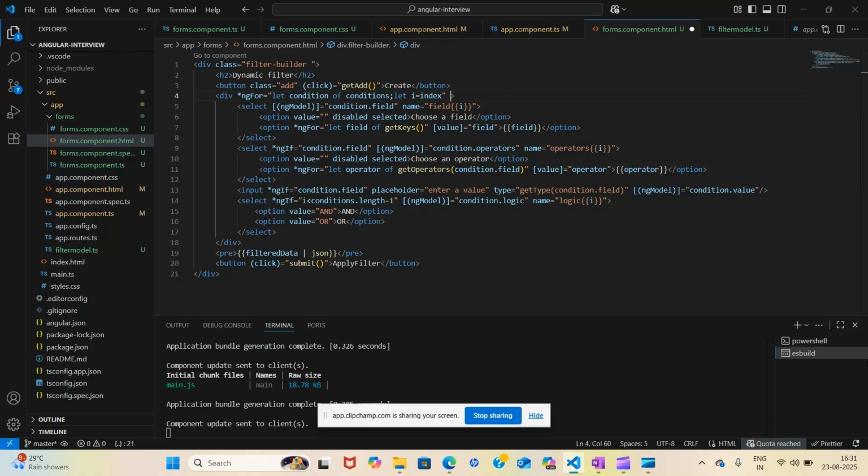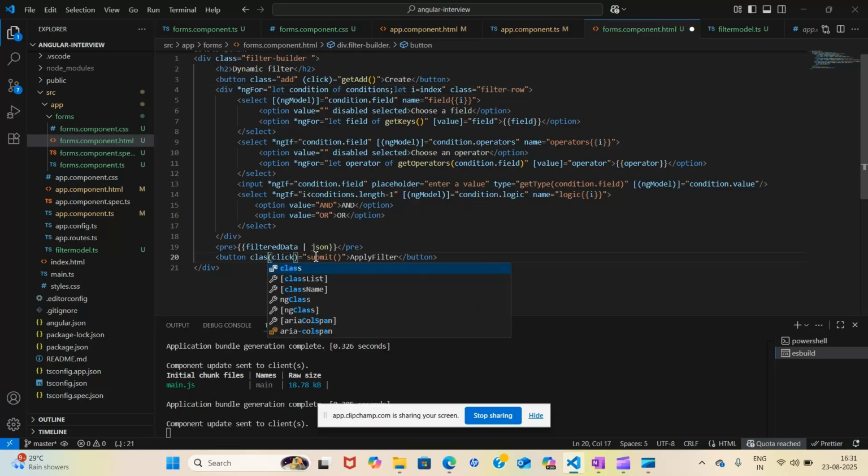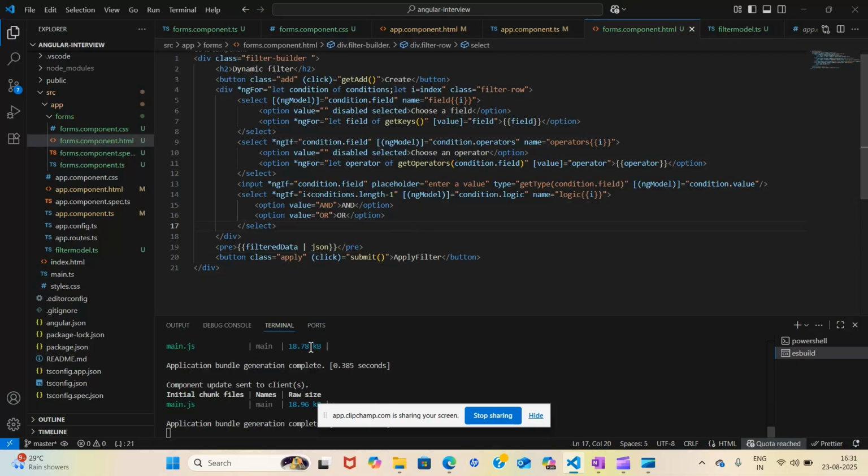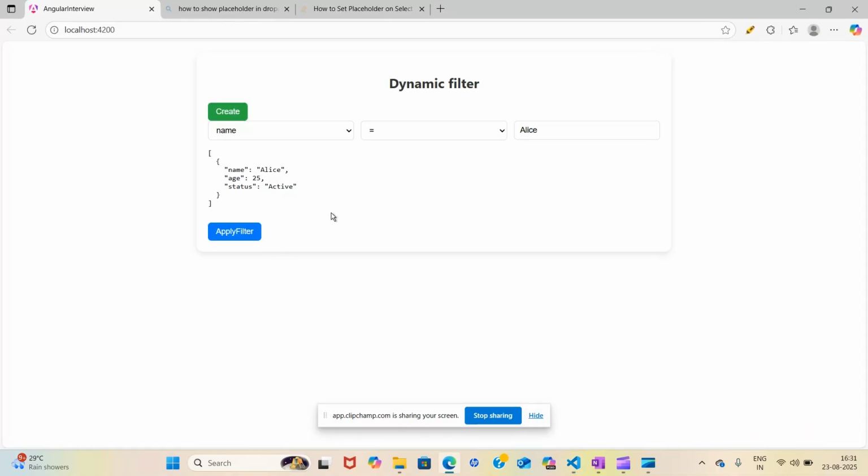So here I have class filter row, and for applying on this button we have one class, apply. Okay, so now let's save and see the CSS part. Yeah, so now it is looking like this.